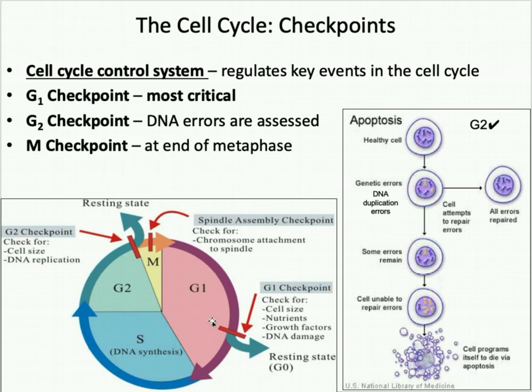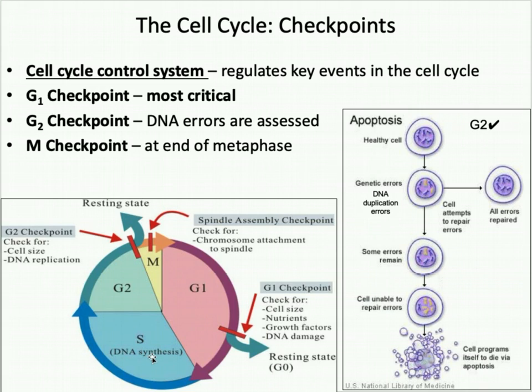Everything, if everything is okay, then the cell will go on to the rest of interphase and then, of course, the mitotic phase. However, if the DNA can't be fixed, the cell will go into a G0 phase, which is the resting stage, the non-dividing stage, and just carry out its function for the rest of its life. So if G1 is great, if everything's okay, then the cell will proceed to go onto the S phase,